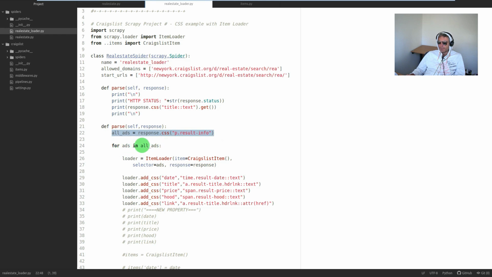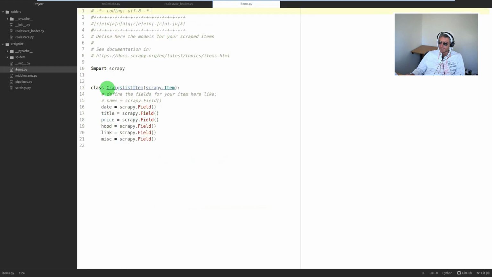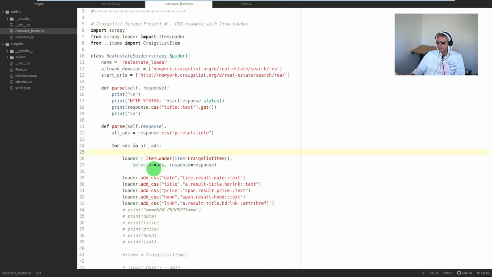So for adverts, in all of the adverts, loader equals ItemLoader. The item is Craigslist item, which is this. It's the name of the class. So we instantiate that class,